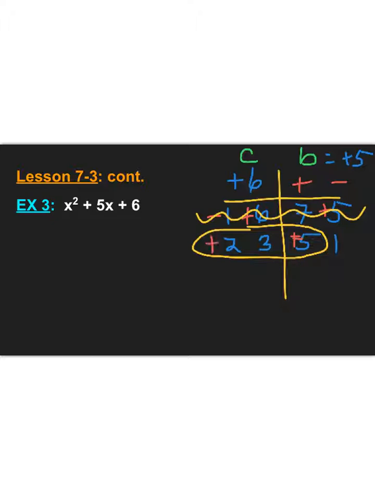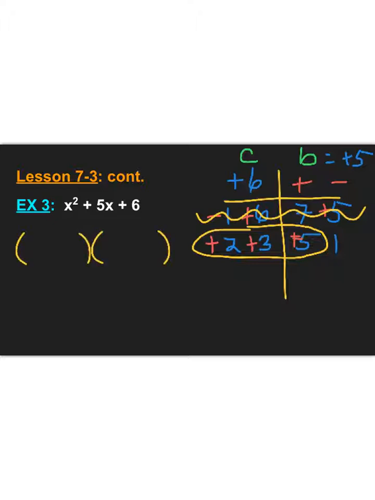So in order to get a positive, they're both going to have to be positive. So now if you add 2 and 3, you do indeed get a positive 5. And if you multiply a positive times a positive, you do indeed get a positive. So this is why we have chosen the correct 5, and we have the correct signs. So now when we put this in our parentheses,